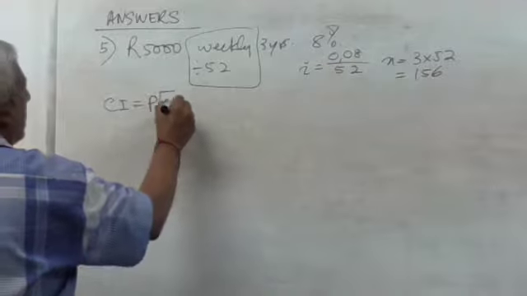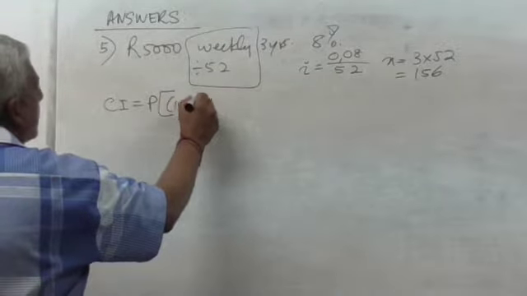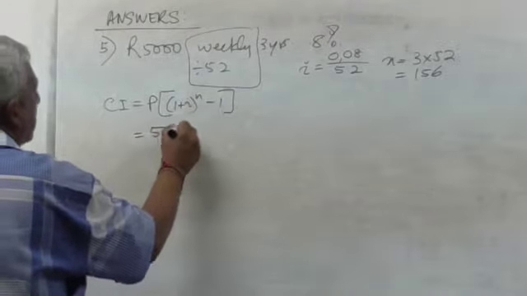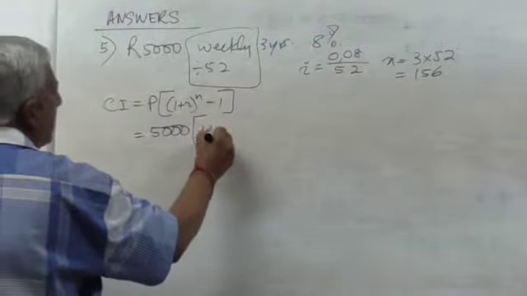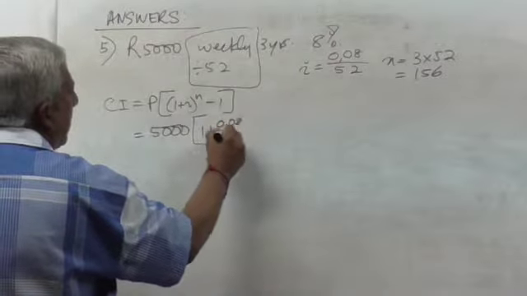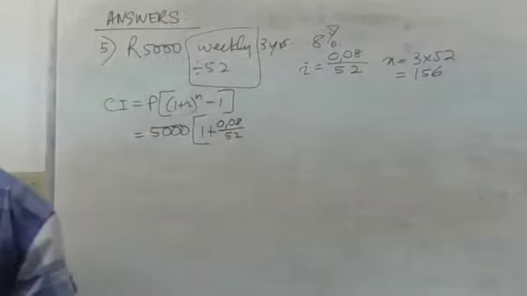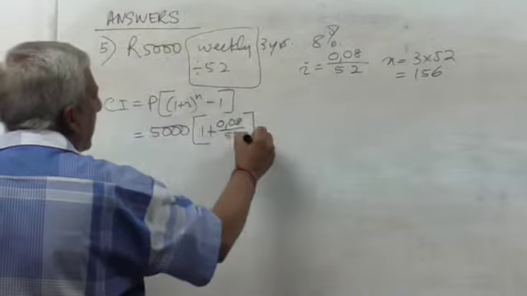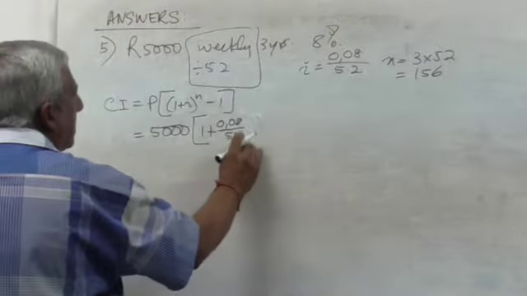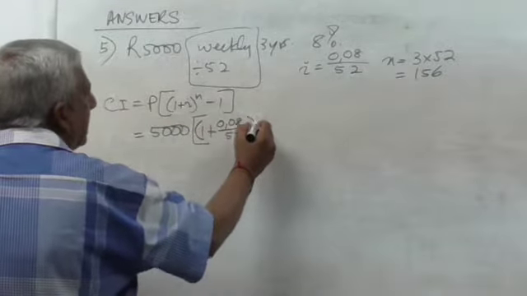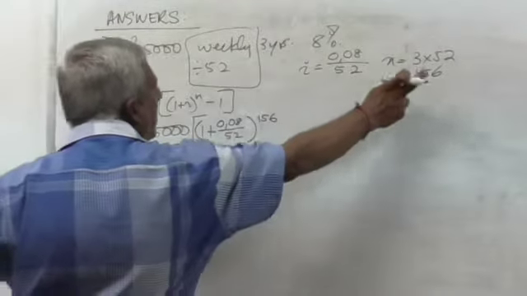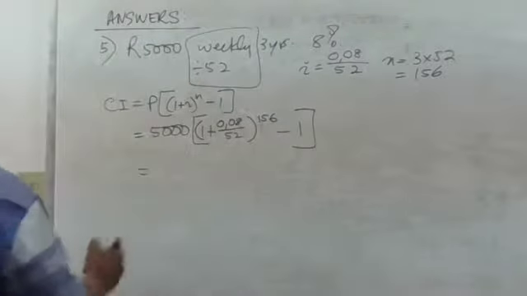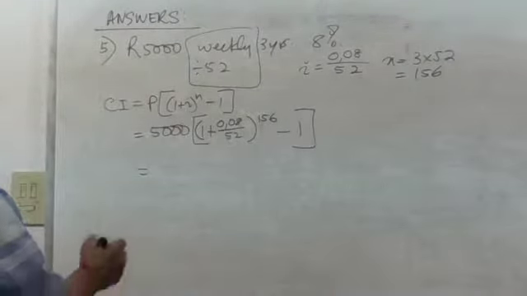So the compound interest is equal to P into 1 plus I to the N minus 1, close bracket. So your P is 5,000 into 1 plus 0,08 divided by 52, because we're doing number 5, which is weekly, and close that bracket. No, sorry, this will be a round bracket here, to 156, we're getting it from there, minus 1. And when you put that in the calculator, you end up with